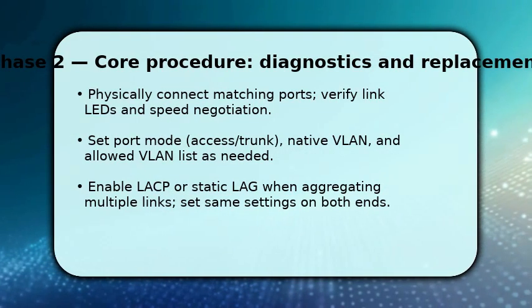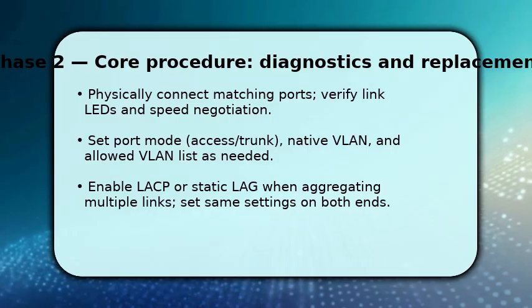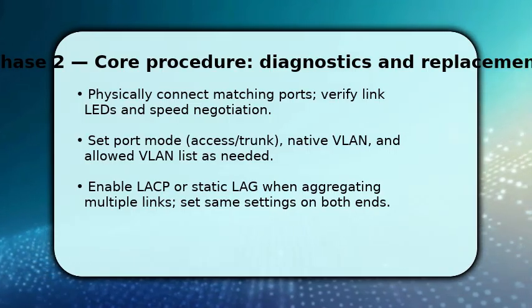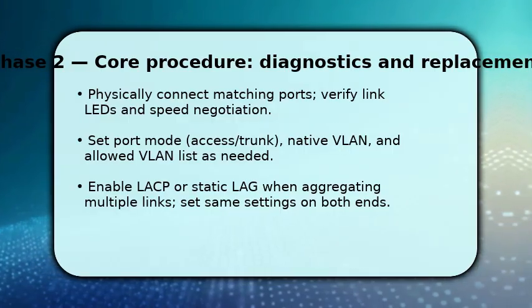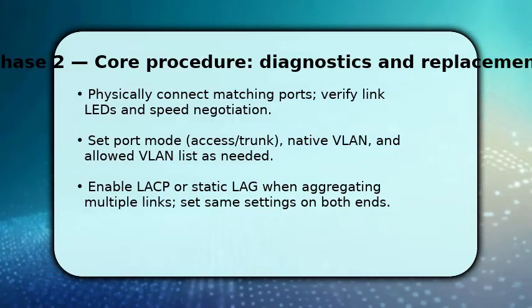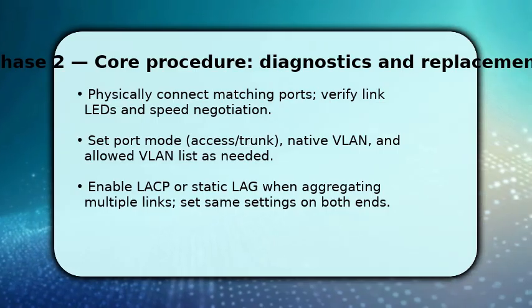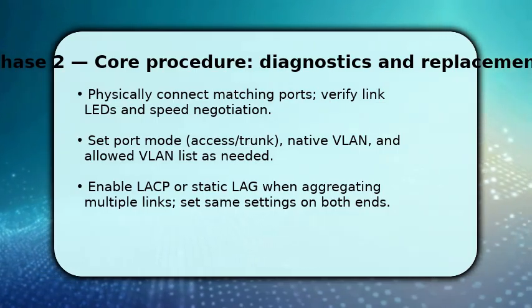You plug the cable into matching ports and watch LEDs for link and speed. This confirms physical negotiation. Next, configure each port. Choose access or trunk mode based on your VLAN plan, assign native VLAN if required, and set allowed VLAN so